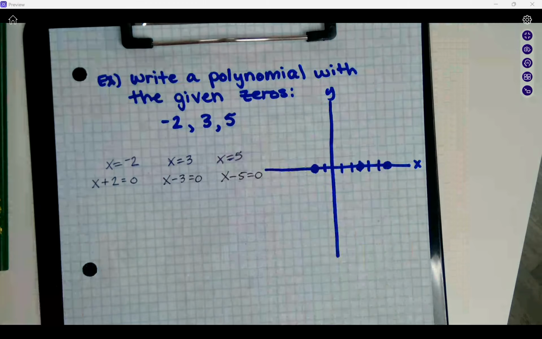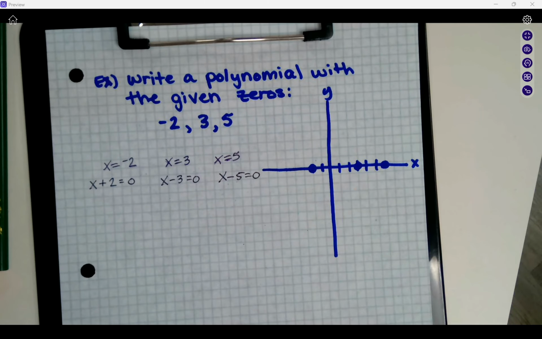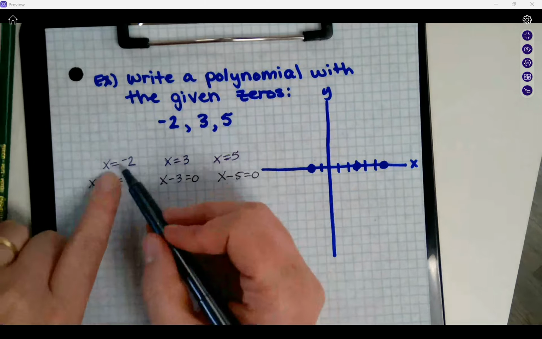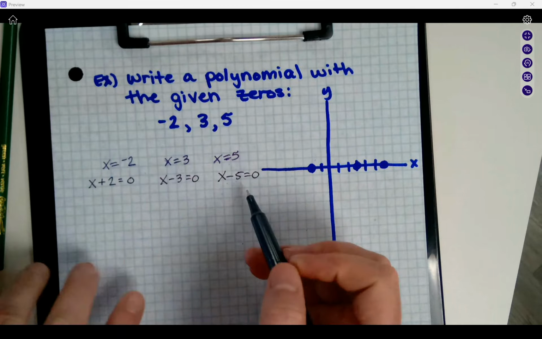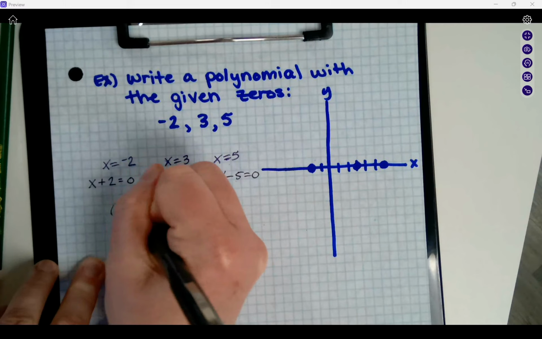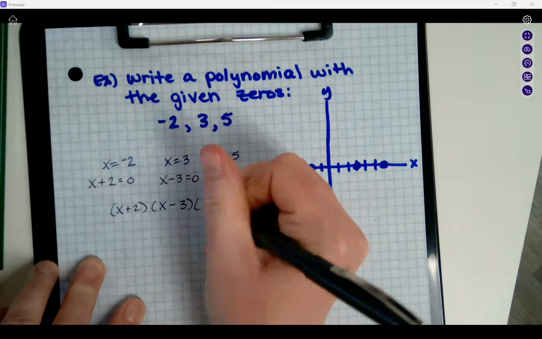We had our linear binomial factors that were then solved for x in order to find these x-intercepts or zeros or solutions or roots of our problem. Anyhow, so I can, as you see, set each of these equations equal to 0. And then I'm going to express each of these as binomial factors